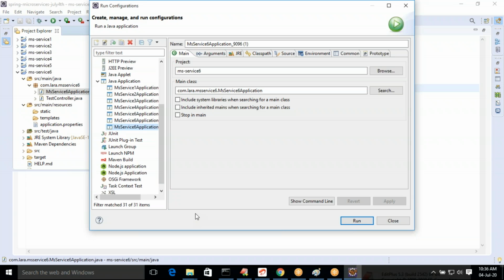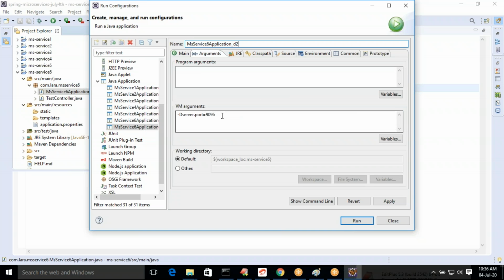Now here you can choose any name. Don't consider that we always have to choose the port number. I'm just showing it as better to choose the port number so that you will not be confused. But there is a way, any name. So I'm just choosing D2 this time. Go to the arguments, specify 97.